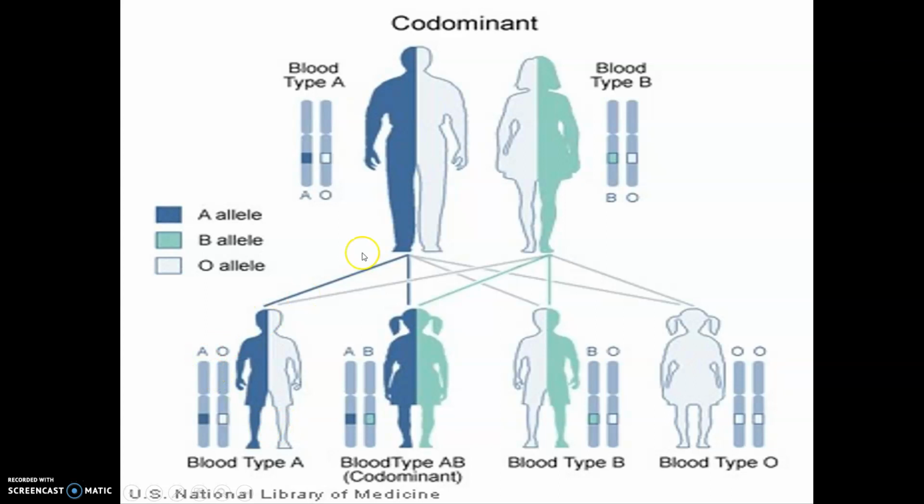This is type A blood. They get one A from this parent and the O from this parent. This one gets the A from dad and the B from mom and makes it type AB. This one gets a type A from dad and an O from mom, which makes type B blood, and this one gets an O